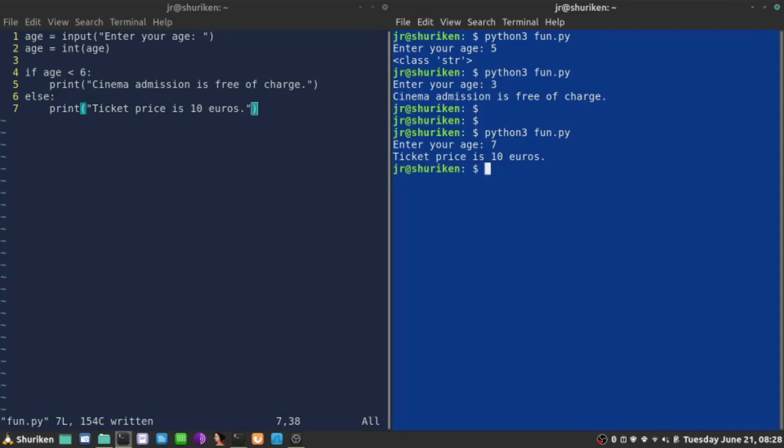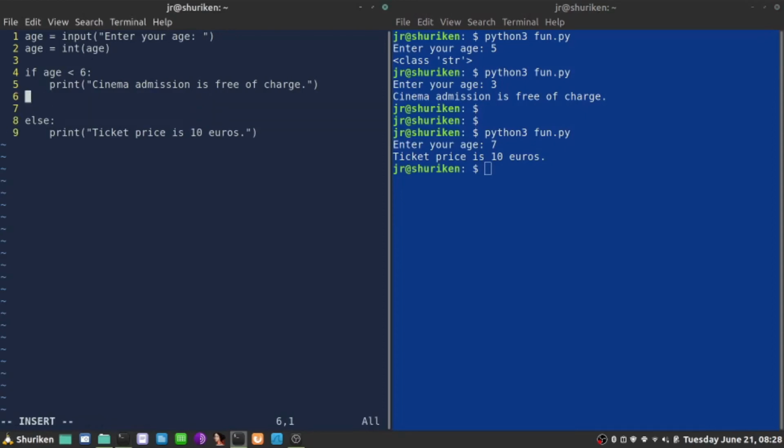But that gives us only 2 options. What if I need multiple options, not just 2, maybe 3, maybe 4, maybe 5? We can modify the code and write it like that. There's an elif, which stands for else if. So elif age is, let's say, greater than 6, or 6 up to, say, 16, elif age is less than 16, print